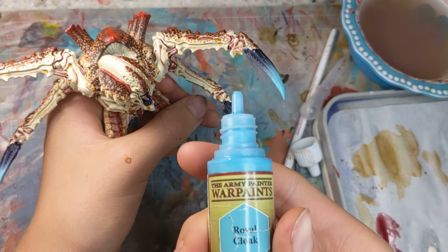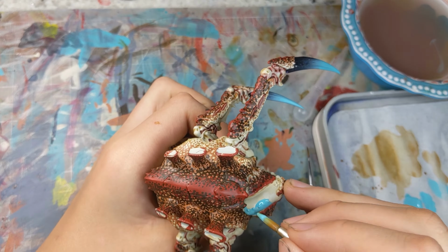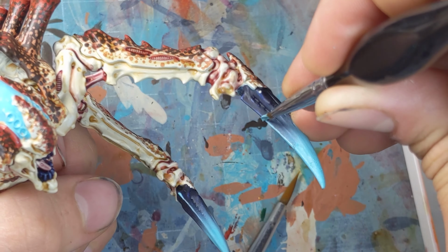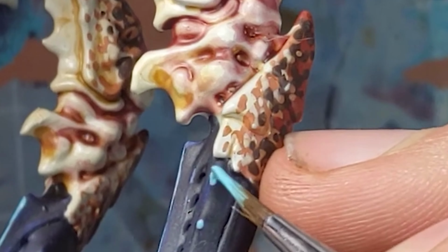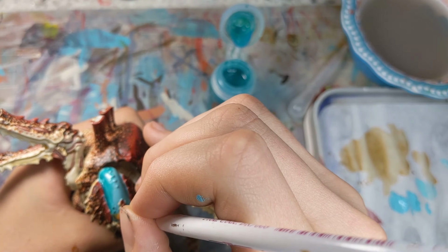I then come back in with the Royal Cloak and paint his weird forehead. This is another step that can happen really whenever. This is just when I like to do it. I also use this time to highlight the claws. I highlight the sharp edges and another edge on the underside of the claw, as well as these raised bumps on the top. Then I use Aethermatic Blue contrast paint over the Royal Cloak of the head to bring a